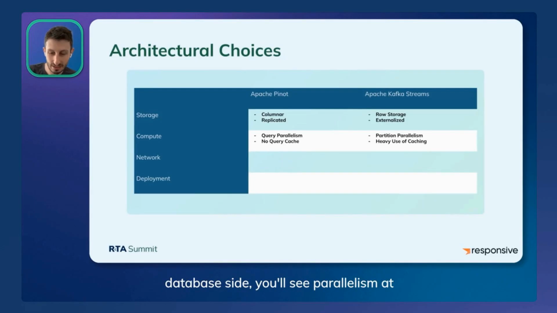On the database side, you'll see parallelism at the query level. So you'll be able to parallelize your queries as you get more of them, and that's the unit of scaling. Similarly, caches typically aren't used. So if you have a workload that issues the same queries very frequently, you might want to consider a stream